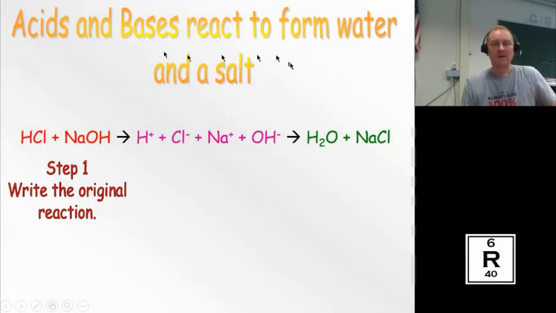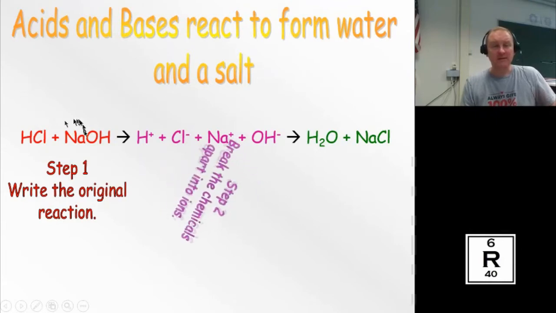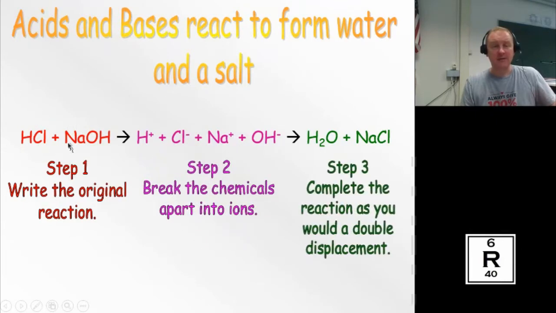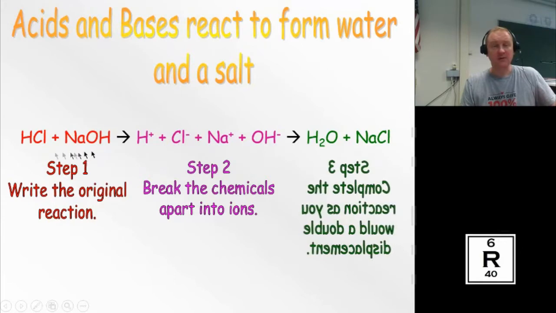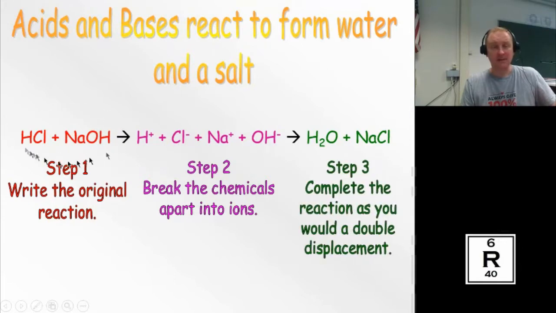All right, let's talk about some neutralization reactions here. So we've got an acid and a base here. We've got hydrochloric acid reacting with sodium hydroxide. What happens when you put an acid and a base together? Well, the acid and the base will both dissociate in water. So the hydrogen chloride becomes a hydrogen and a chloride in water, and the sodium hydroxide becomes sodium and hydroxide